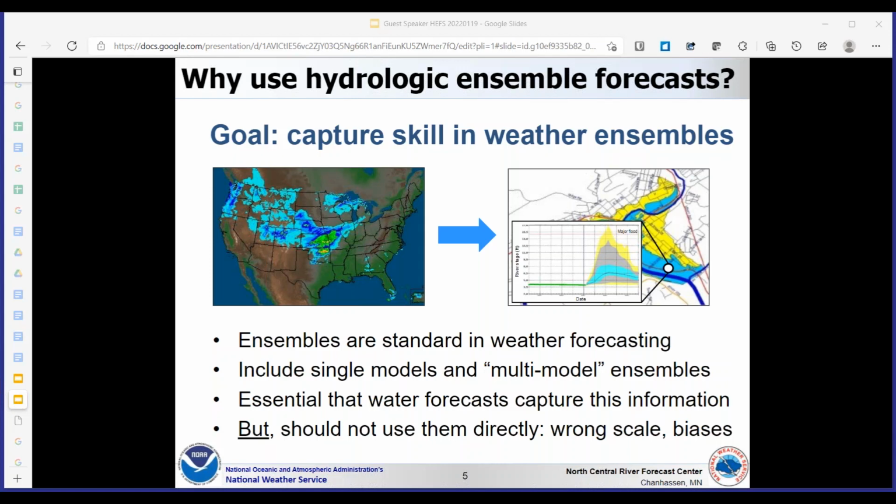Therefore, it is generally not advisable to use the outputs from the weather and climate models directly in hydrologic models. Rather, it is necessary to bias correct and downscale these outputs for use in hydrologic modeling. The HEFS provides tools to accomplish this.